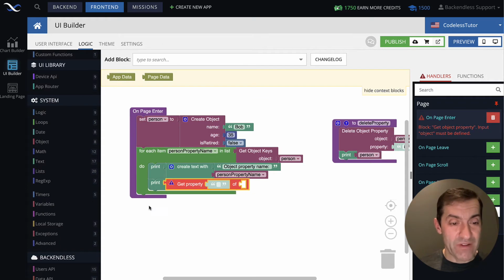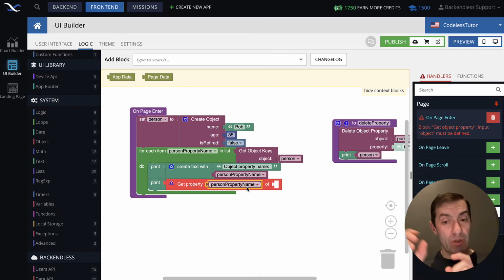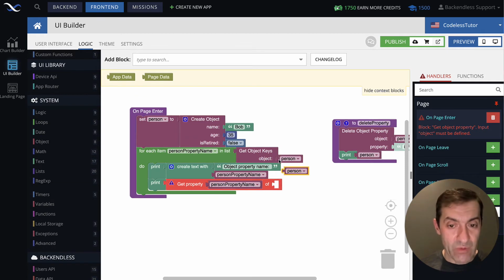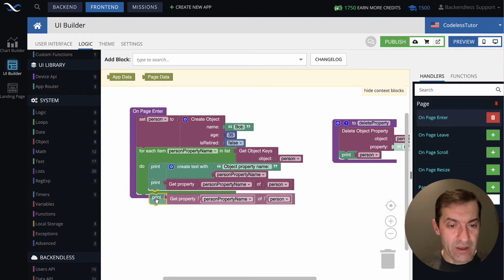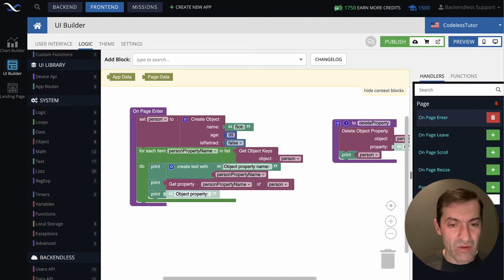To get the property value, we use this get property. This identifies the actual property name for which we want to get the value, and we need to specify the object for which we will be doing that. Also, let's add a little divider just to visually separate those properties.